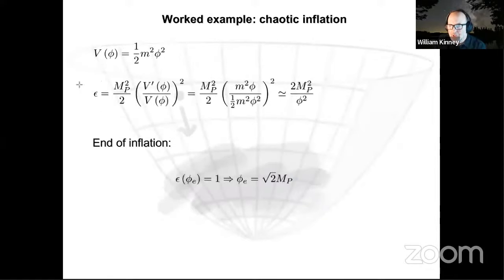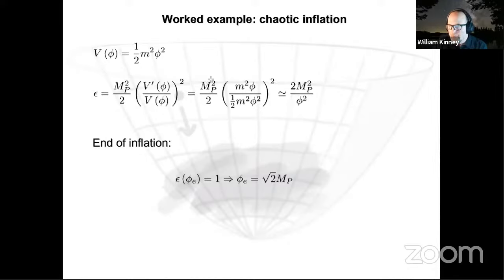So given a potential that looks like 1/2 m squared phi squared, we can calculate epsilon using the slow roll approximation. So we're going to assume slow roll from the beginning. We're going to derive the inflationary and non-inflationary regimes. You can check the consistency of this after you have the solution by going back and plugging it into your equation of motion and verifying that the approximation we're assuming of slow roll is actually a good one. And what you will find, and this is a consequence of the attractor behavior of slow roll, is that in fact this ansatz of slow roll at the beginning is self-consistent. That you really are in a slow roll phase in these regions.